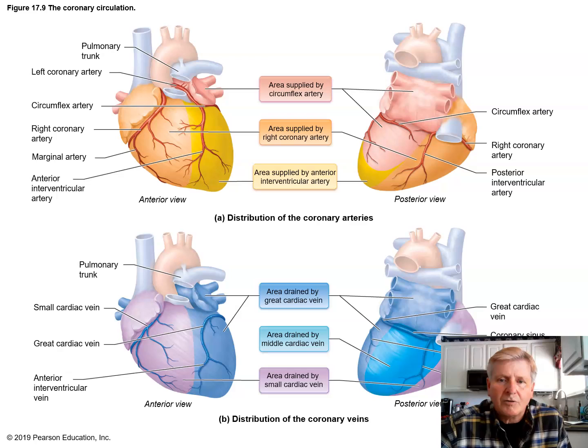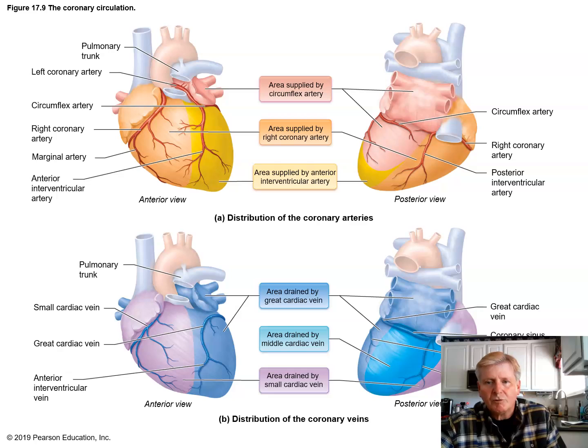So all this pink area is the area supplied by the circumflex artery on the posterior side of the left atrium. Of course, these are your pulmonary veins. And then the picture on the bottom, the yellow area is the area supplied by the anterior ventricular artery. Okay, and in the posterior view, you can see the posterior ventricular artery in orange here, and then the right